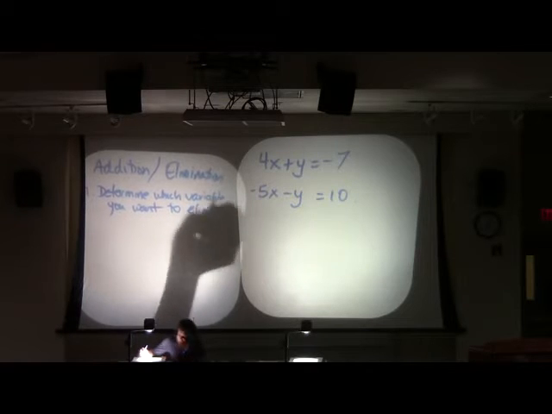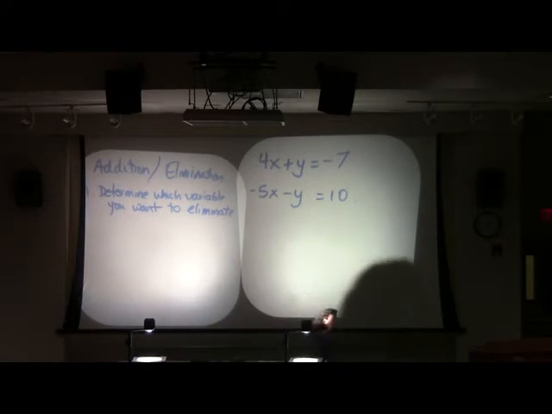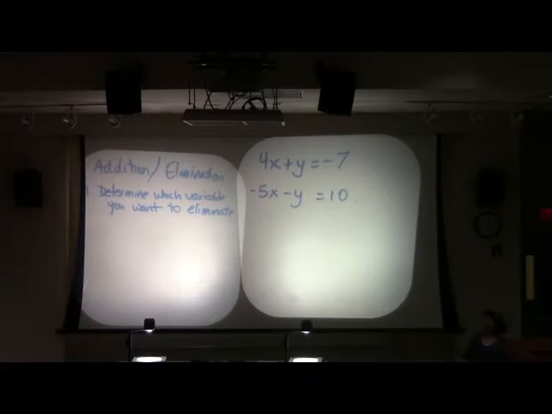Now, in some situations, it is going to be so obvious which variable you'll eliminate. Some situations, it doesn't really matter. Really, it doesn't matter which variable you choose to eliminate in general, just the issue is sometimes one way is more work than the other way. And I always opt for the least amount of work. Okay? So, how do you determine which variable to get rid of?